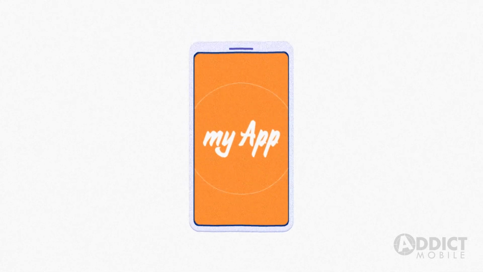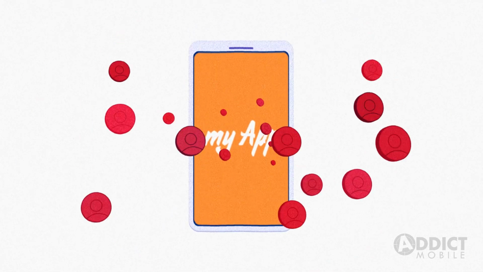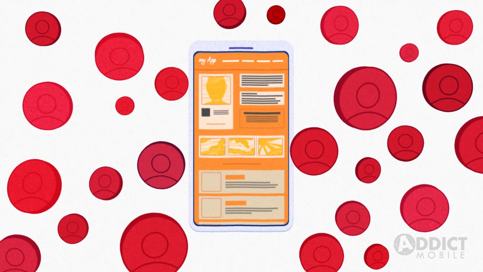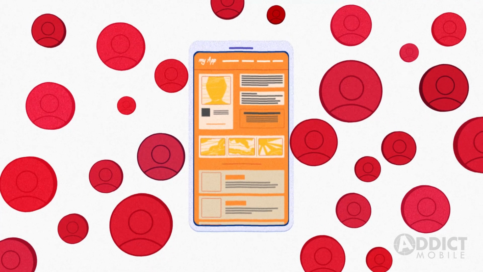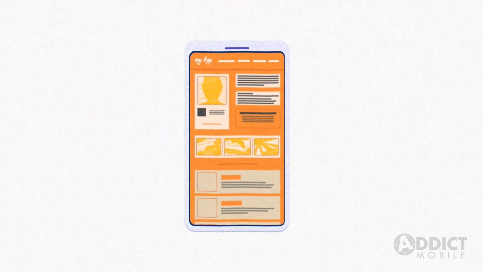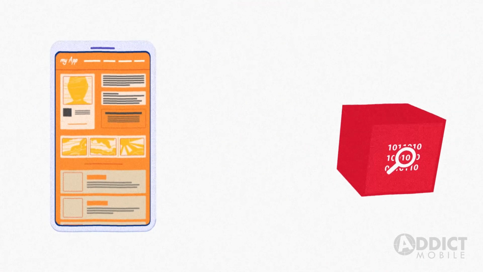Here is my application. I would like to know the sources of the users who have installed it. This is key for me when managing marketing campaigns in order to identify which platforms are performing best. To have these insights, I will need to implement a tracking tool that will allow me to know the sources